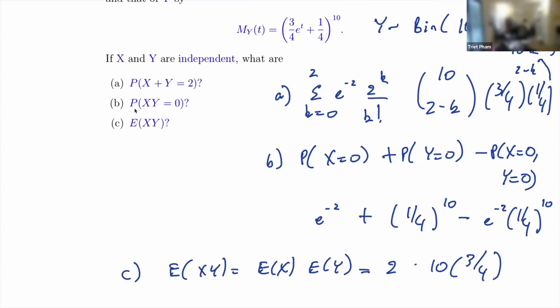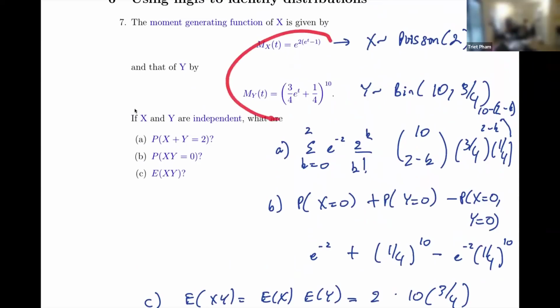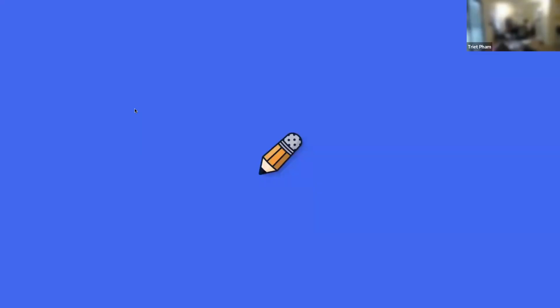The crux of the problem is recognizing the moment generating functions as representing the random variables that we want to talk about. Any question? All right. If not, let's move on to our last material for the semester,